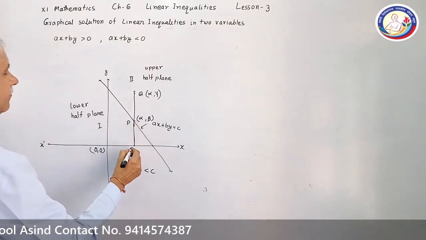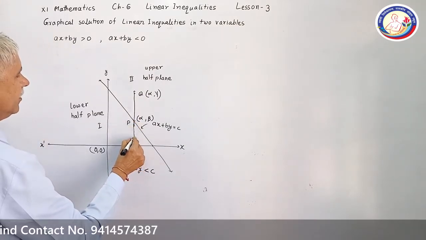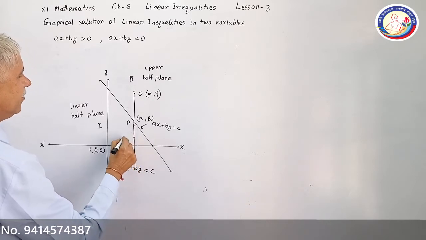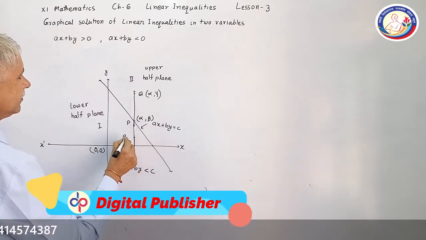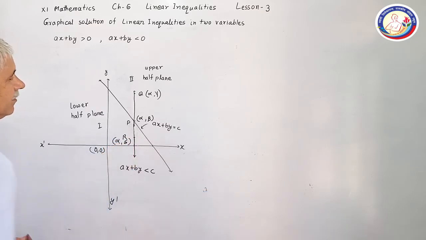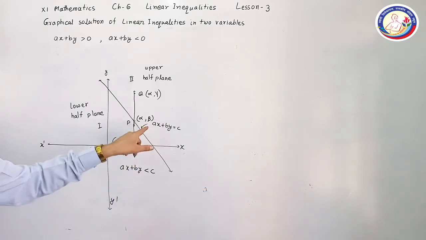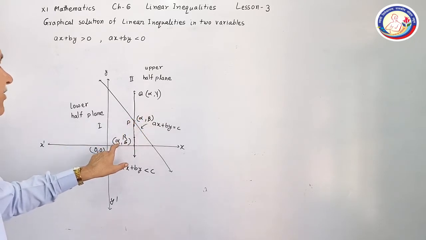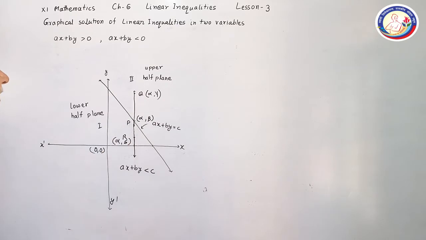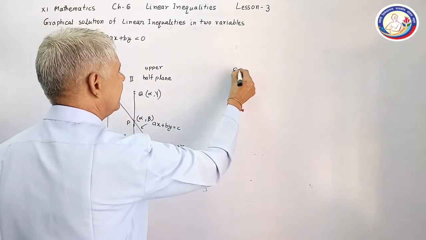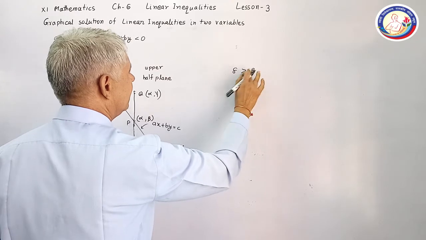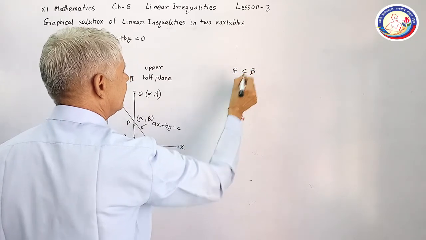Say it is a point here or maybe lower than this. This is a point R. Say its coordinates are alpha and delta. So what about alpha and alpha? The x coordinate is the same and the y coordinate beta is greater than delta. It means delta is less than beta. Sorry, I have written wrong. Delta is less than beta.